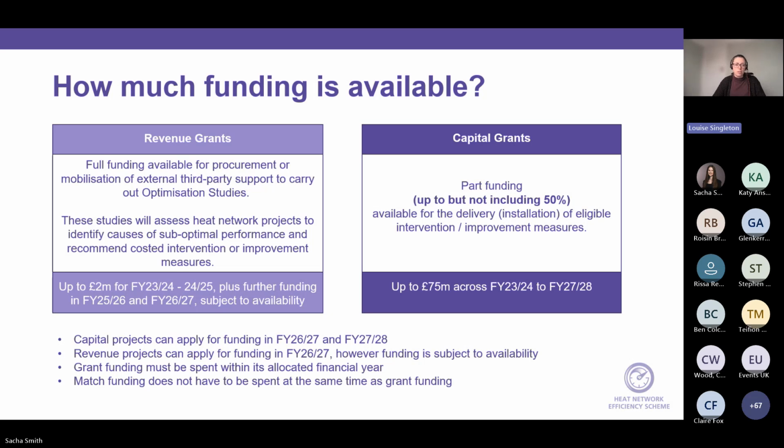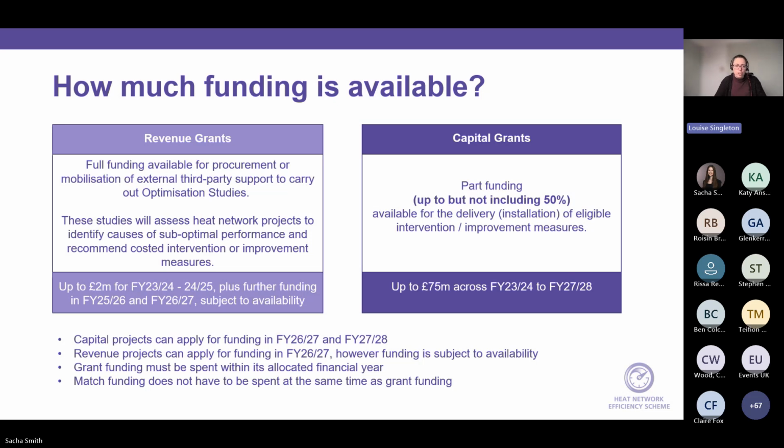So the revenue grant pays for an external consultant to come in, assess the network, understand its current performance, and make recommendations for measures that could be improved and the level of improvement that you could expect to see if you were to implement those measures. They'll give you information on costs of those measures as well, so return on investment and payback periods, with the idea that that document can then be used internally as a business case to request that these measures are